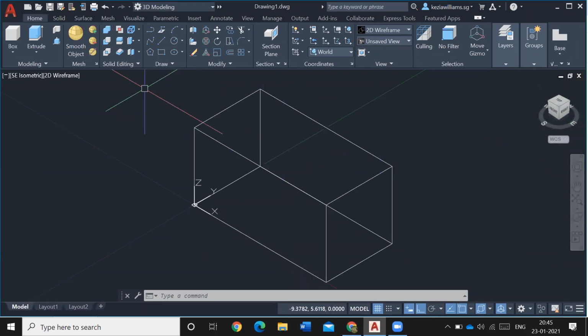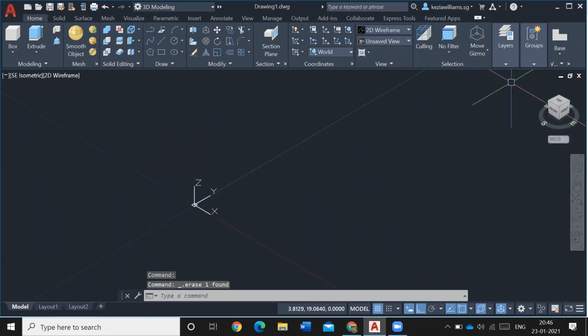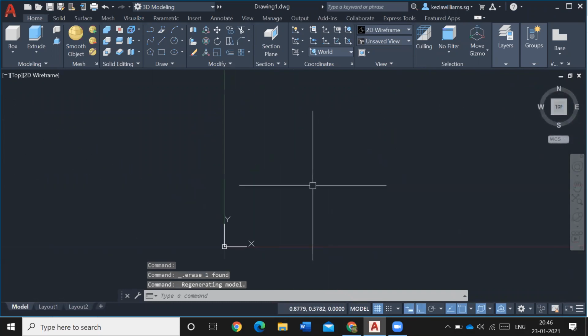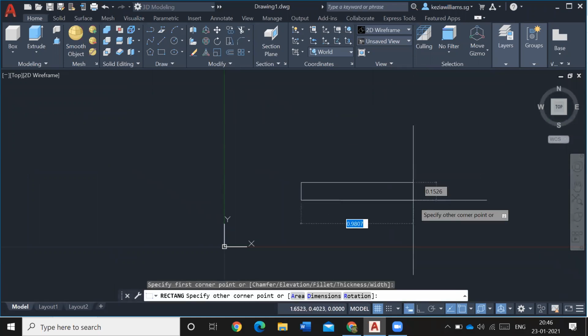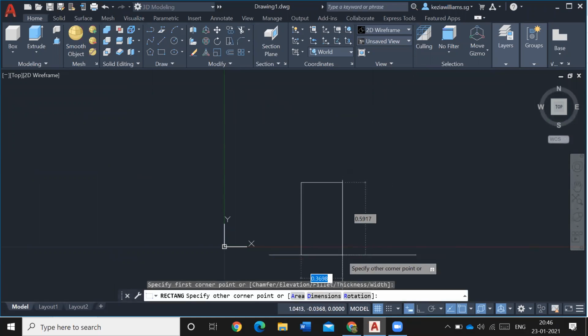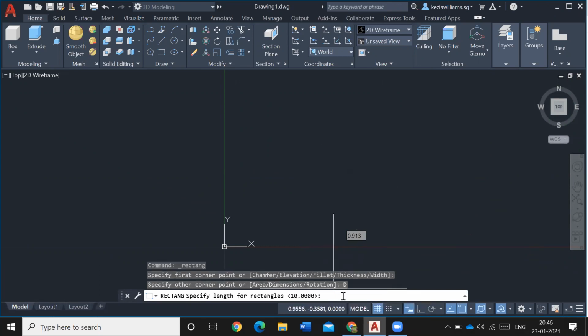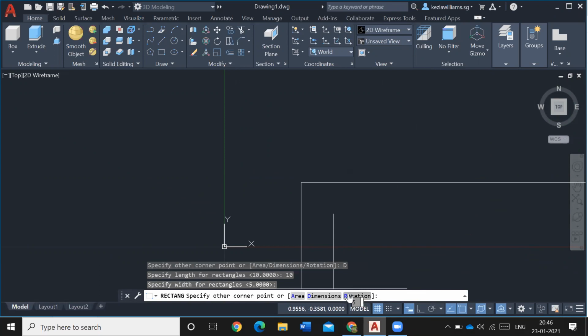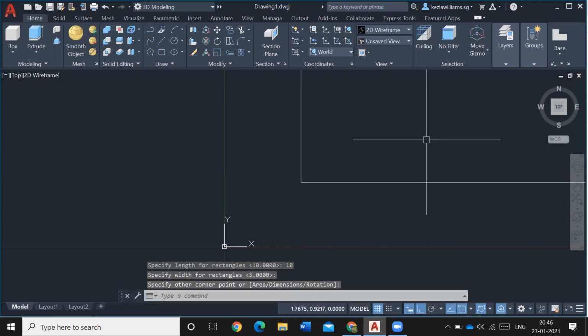Okay. I want to delete this one first. Okay. Delete. Now I go to the old command. Now I'm going to draw here. Okay. Same thing. I'm going to draw it here. Dimensions 10, 5, and then this is the direction again. Okay.